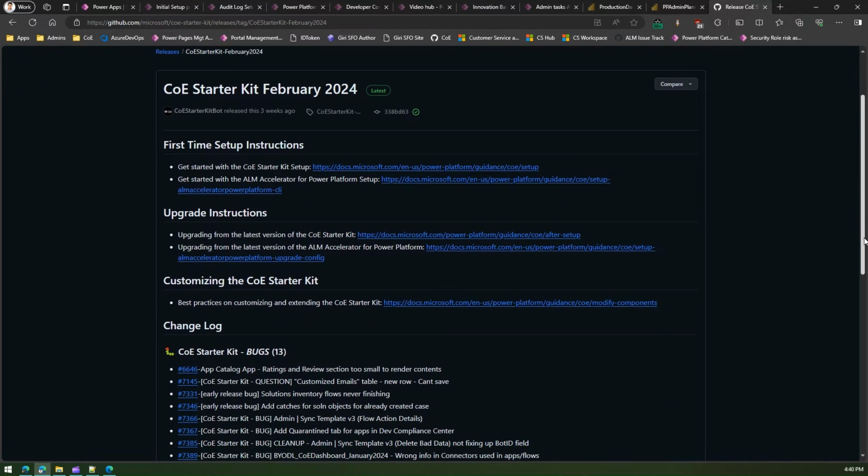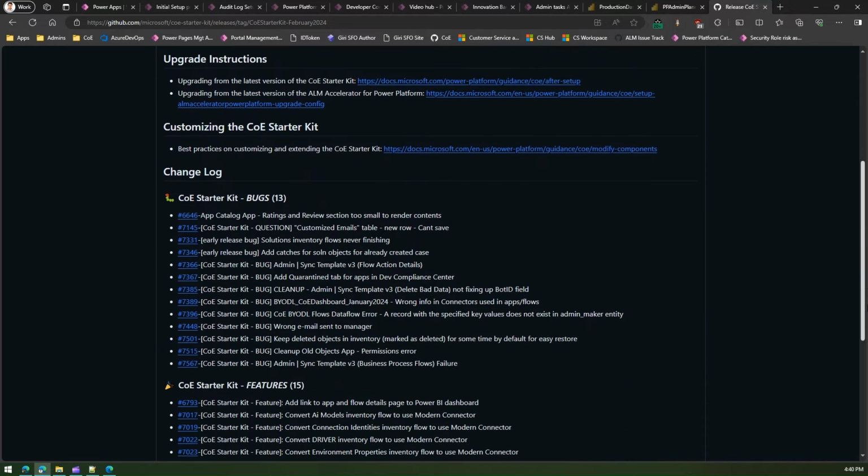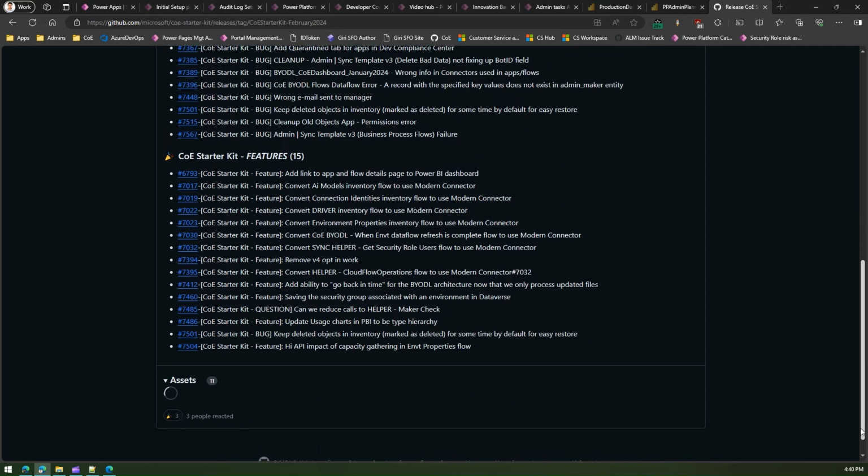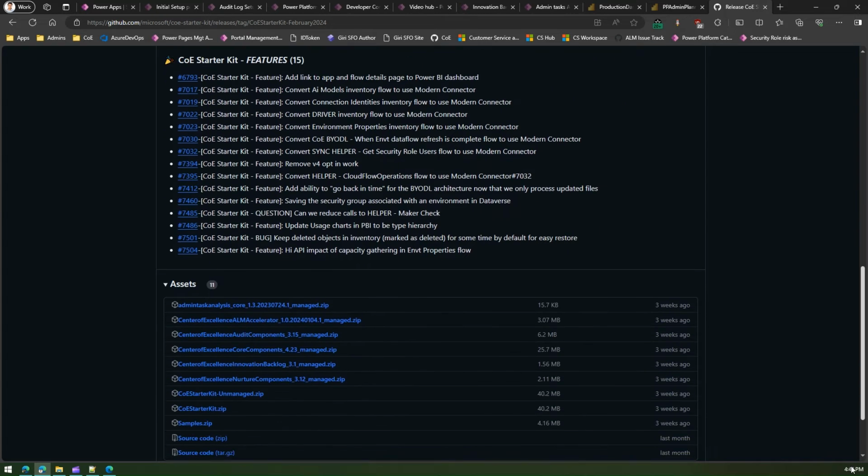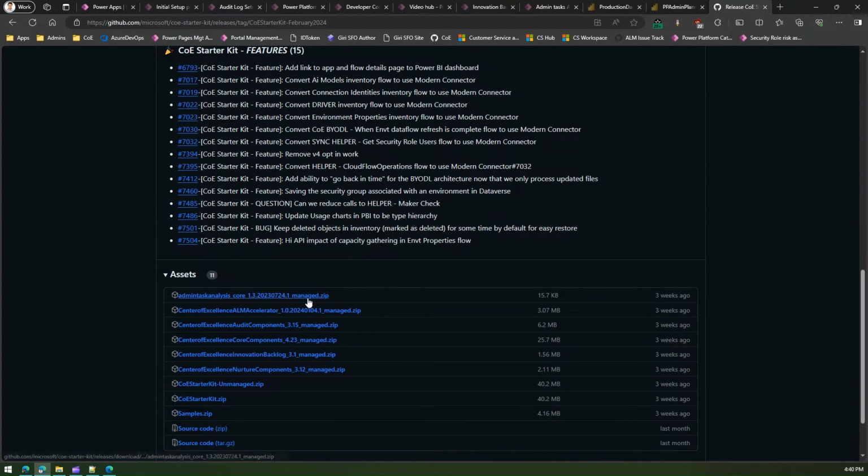Now what you can do, you can view what are the feature set which is going to come with the Feb 2024 release, what are the bugs which have been addressed over here, and at the bottom you will see all these managed solutions. Okay, now all the solutions like audit component, core component, innovation backlog, nurture component, all have these managed